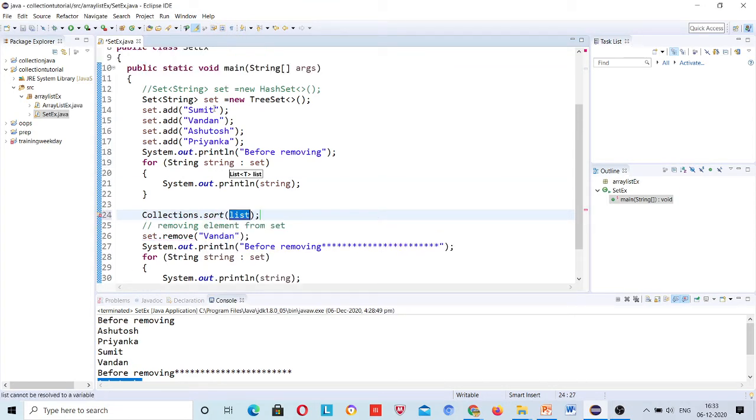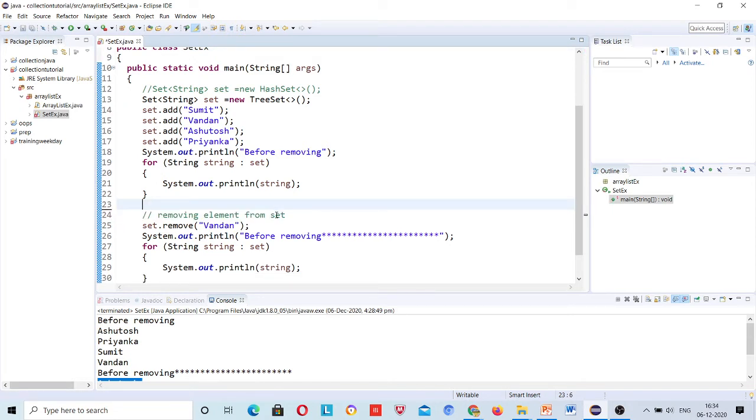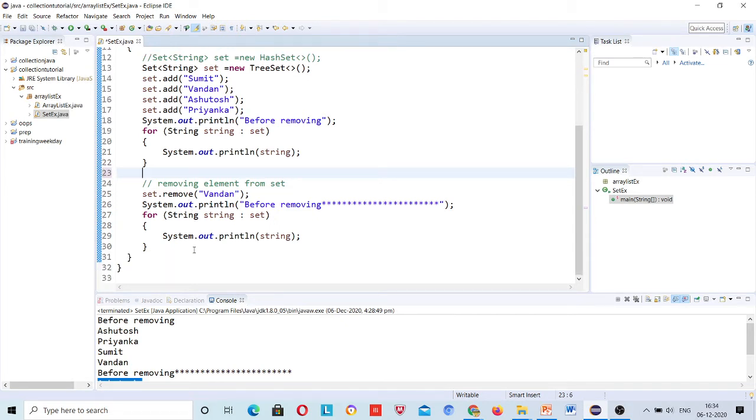And if I give a set here, let me check if it is working. No, this method is working for List only. So if you want to do it manually, you can provide your own logic for sorting it. In that case it will be sorted in descending order as well, but that is your own logic, tree doesn't follow that.